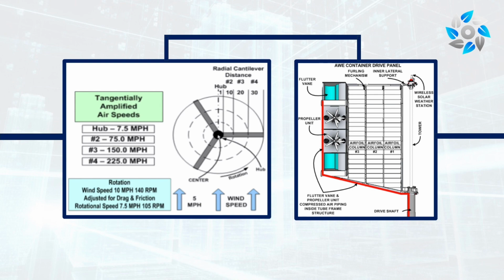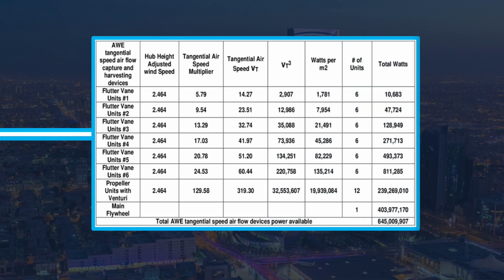the watts available. The 6 flutter vanes, the propeller units, and the main flywheel will have more than 645 million watts available. Comparing the total watts available to the wind turbine per square meter of rotor area, 16.94 watts, versus the OAR model 37.64, 645 million watts, illustrates the significant difference in the way OAR approaches the utilization of wind